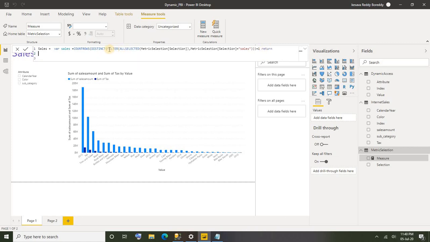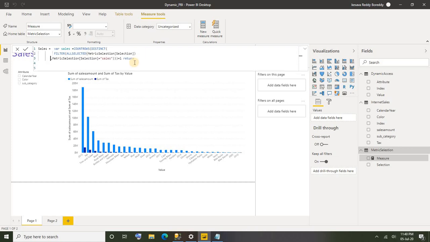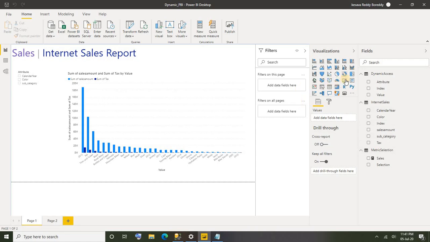Let's see what I'm going to do. Return. Of course, if you want to make your query more clear and meaningful, you can do it like this. Now let's see whether the value is being written correctly or not. I'm going to press enter here. The sales amount measure is created. As of now it will pass only either true or false. Let's see what value we are getting.